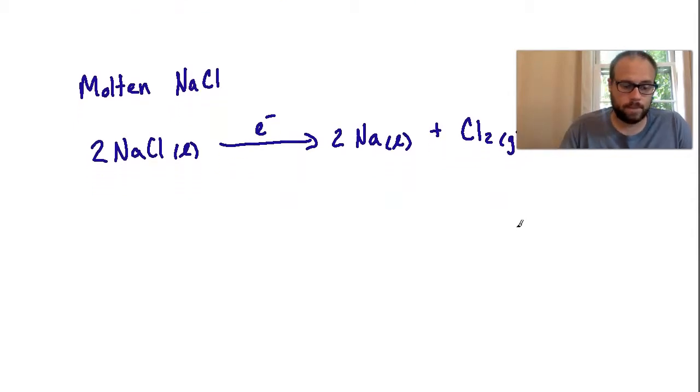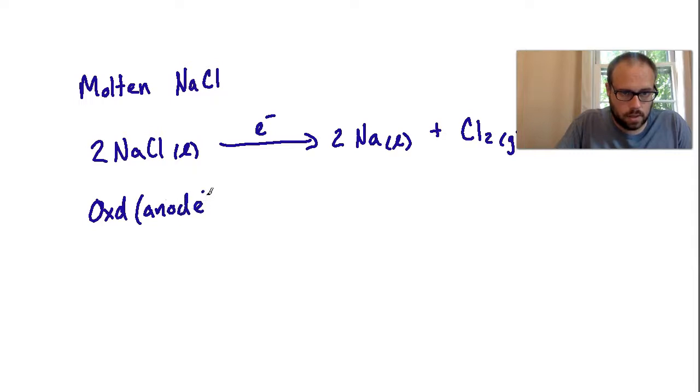So if we take a look at this, the oxidation, if I were to break this down, I'm going to have 2 Na+, and then I would have Cl-. If Cl- is going to Cl2, that means minus is going to neutral. That is a loss of electrons. So I would expect the chlorine is going to be oxidized. So the oxidation here, which again is going to be referring to the anode that I'm expecting, is going to be